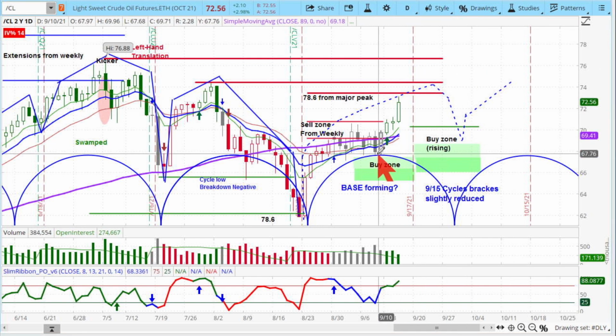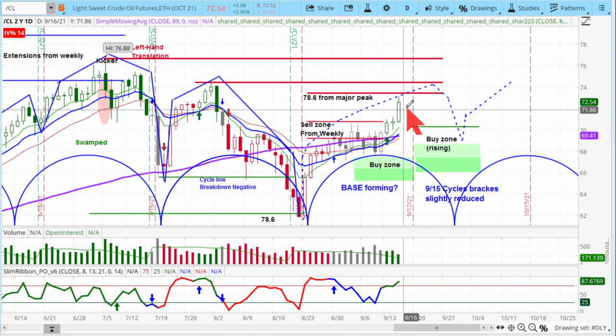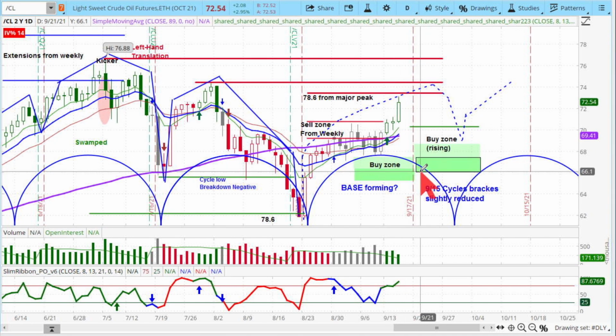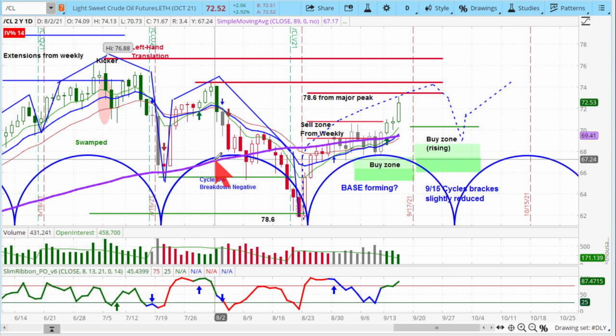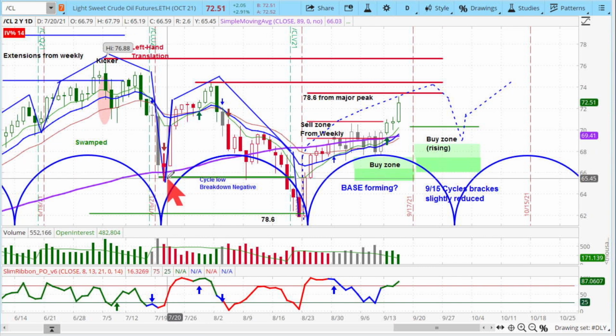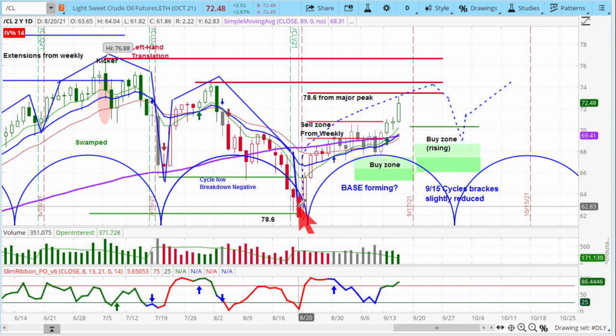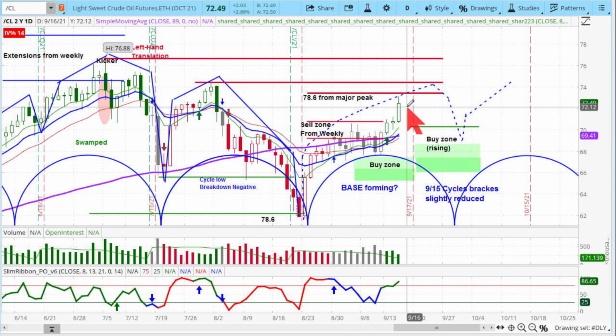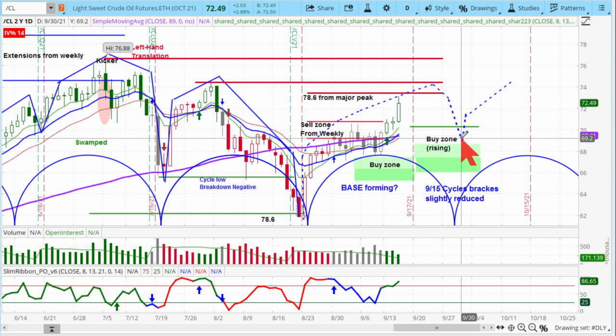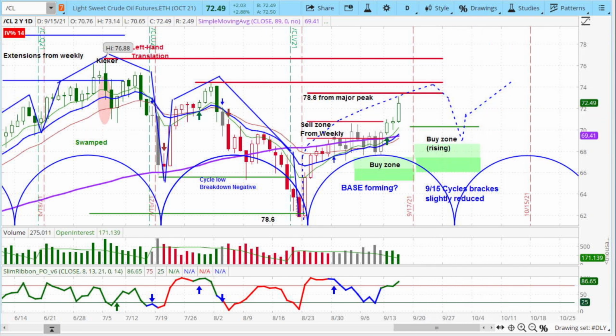In other words, here's your ideal peak right here, and here it's already going to make a peak way on the right side. When you get a peak on the left side and translate on the left side, and of course when you break the cycle low, you get declining phases, as you see right over there. Here it's on the right side, so you don't have that much time to fall, and then you get some big upside. So there's another cycle lesson for you on the translations and how that increases the probabilities